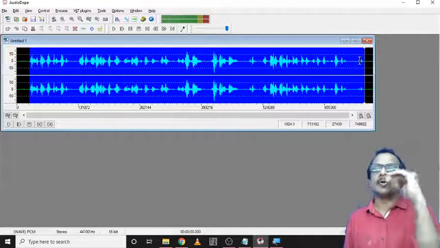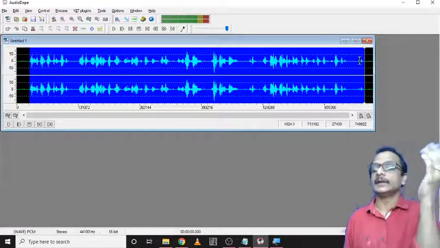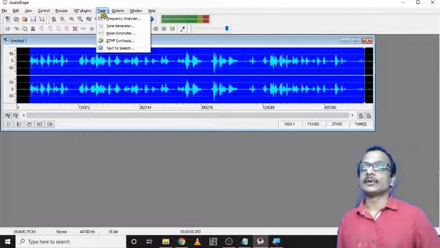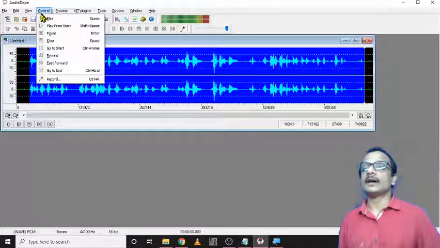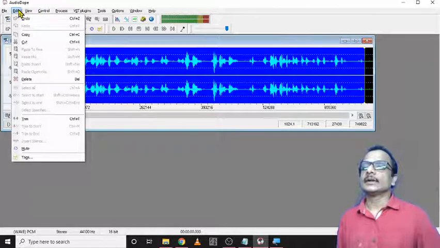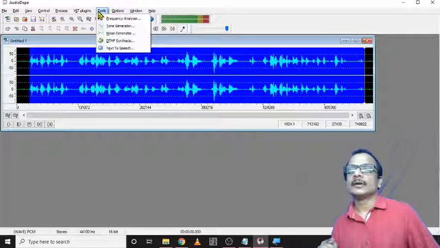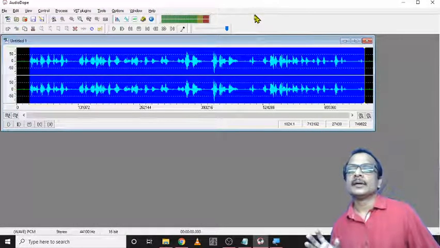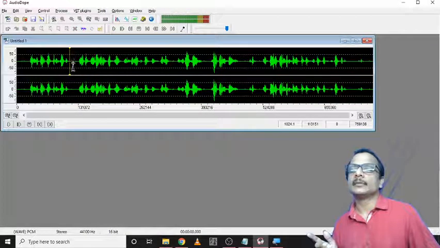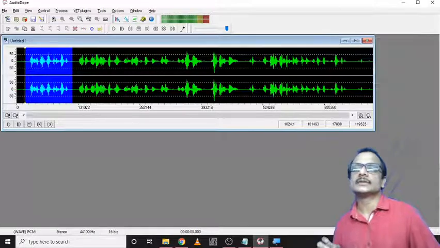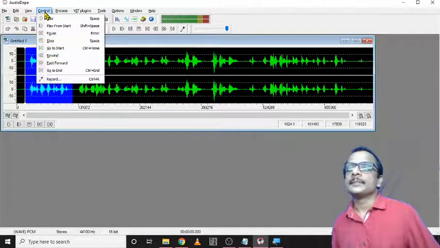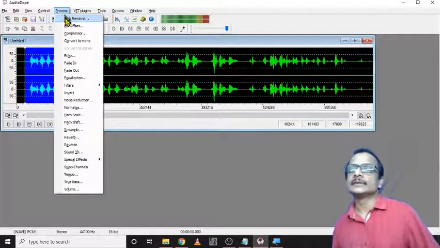Here I can use all these functions as demonstrated in Audacity, to increase the sound, decrease the sound, etc. In the options you can cut and remove. If by mistake you repeat some words, you can just select and delete. All the functions are available in the process menu.